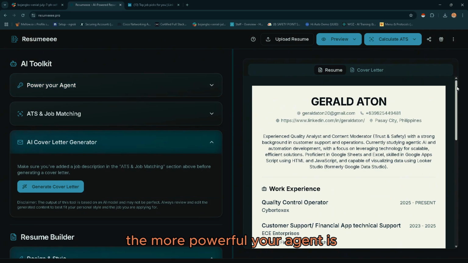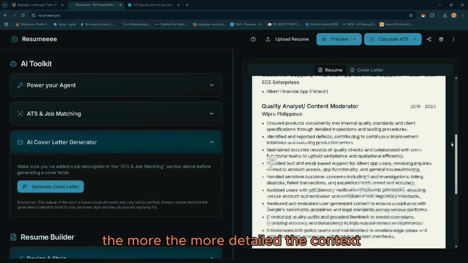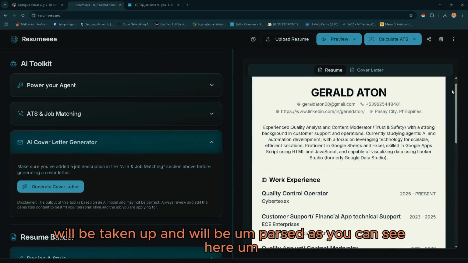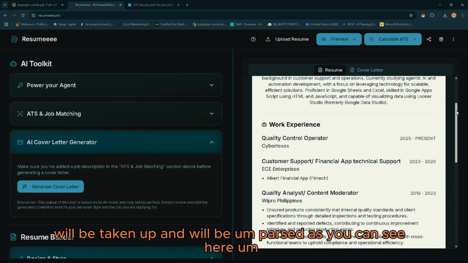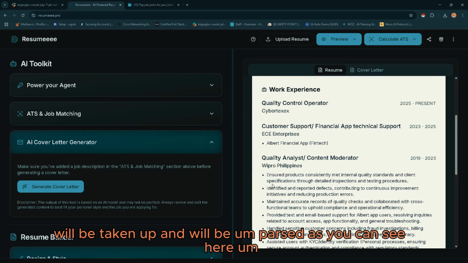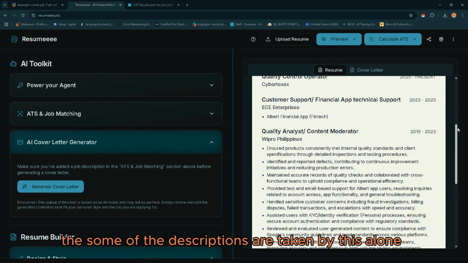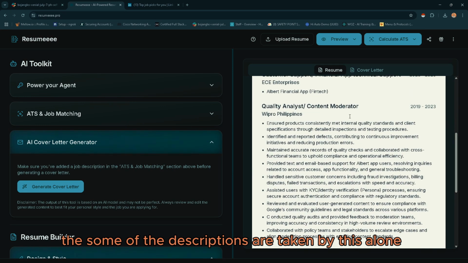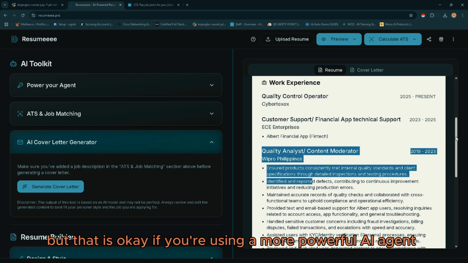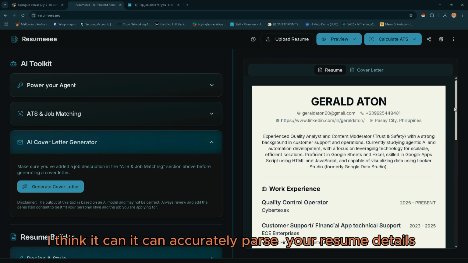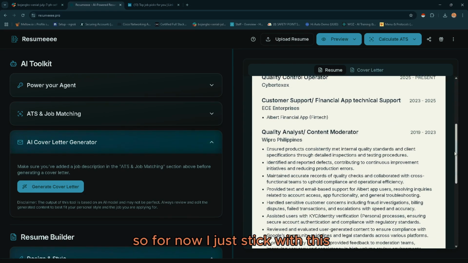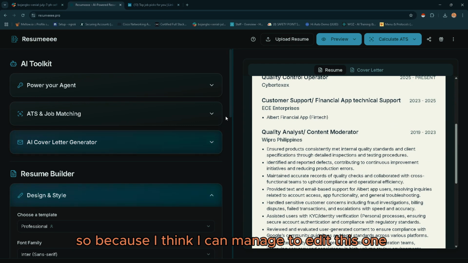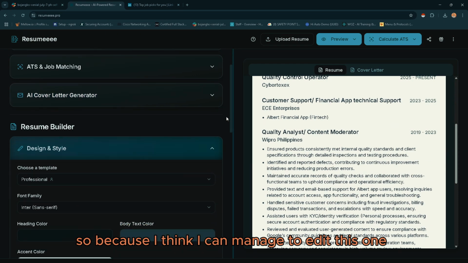The more powerful your agent is, the more detailed the context will be taken up and parsed. As you can see here, some of the descriptions are taken by this alone, but that is okay. If you're using a more powerful AI agent, I think it can accurately parse your resume details. For now, I'll just stick with this because I think I can manage to edit it.